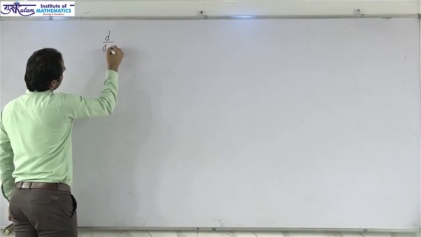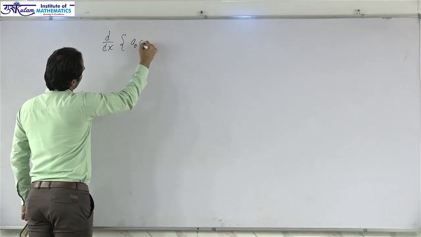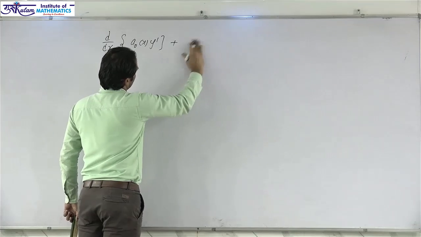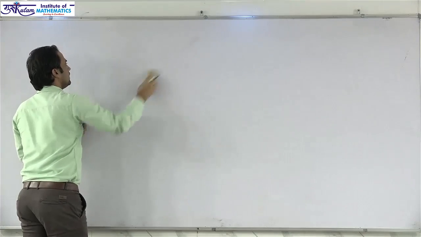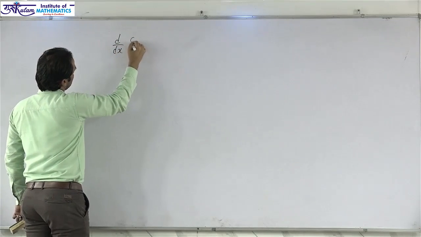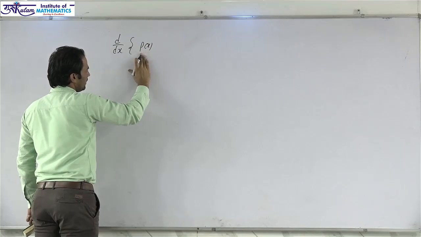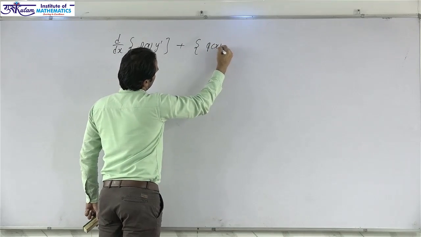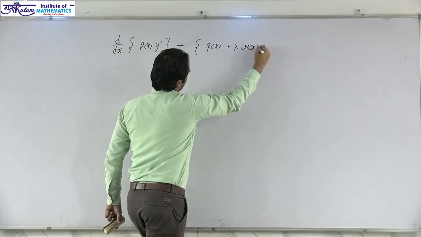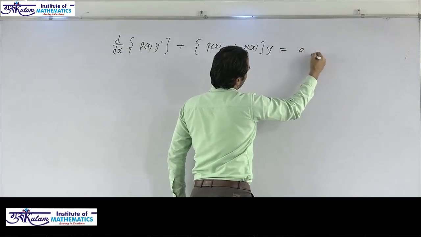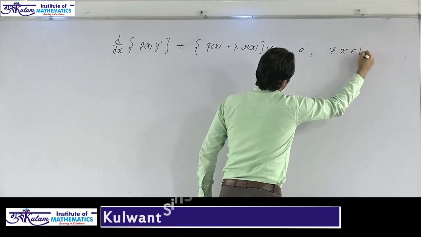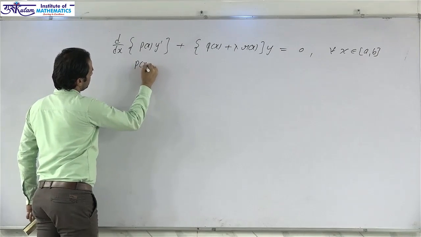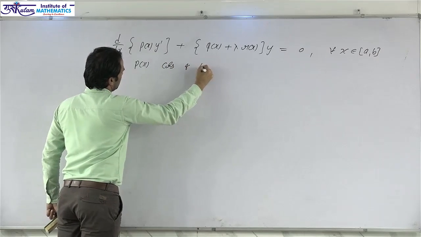The differential equation d over dx of p of x times y dash, plus q of x plus lambda times r of x, into y, equal to 0, assuming that x belongs to the closed interval a b, and also assuming that p of x is a continuous and differentiable function,